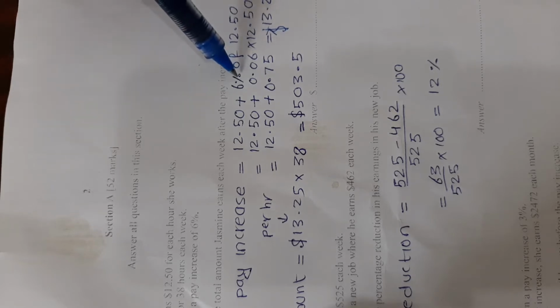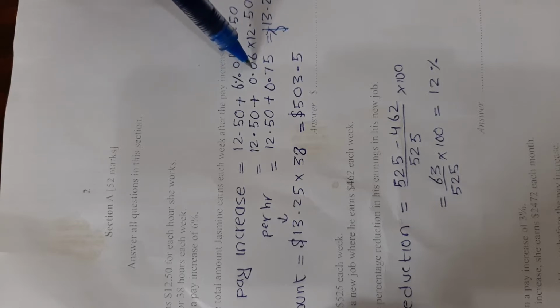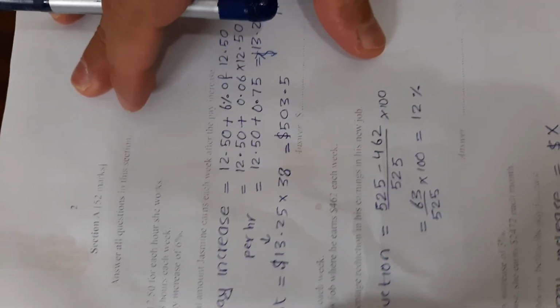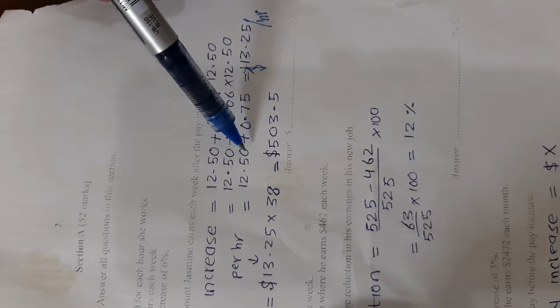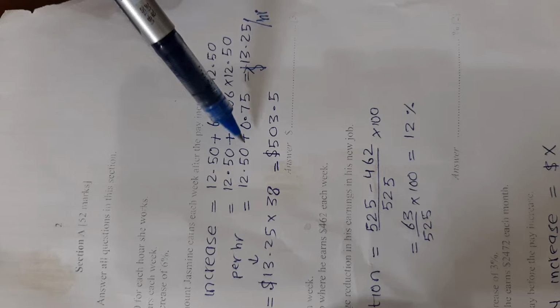Now 6% is 6 over 100, that is 0.06 times 12.50, which will give you 0.75. Now 0.75, which is 6% of 12.50, will be added to 12.50, which was her previous or initial salary. Now that becomes